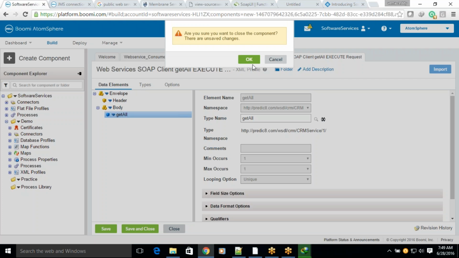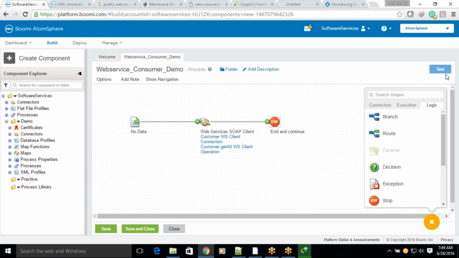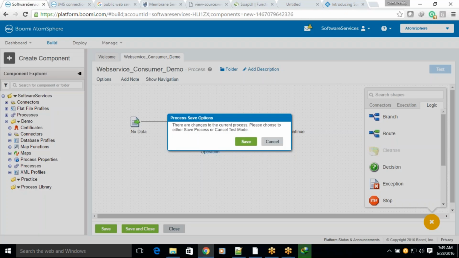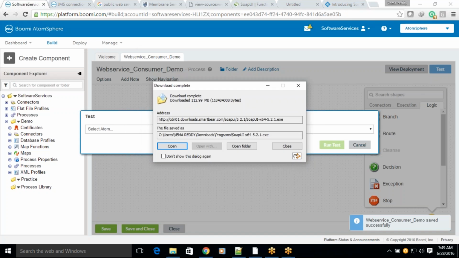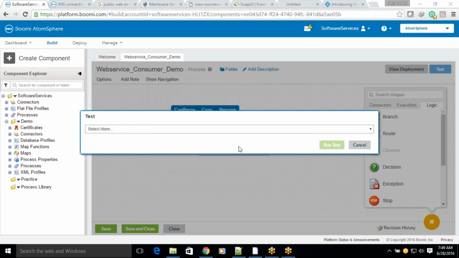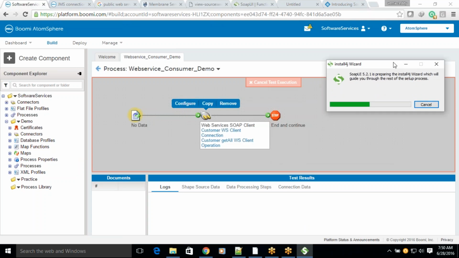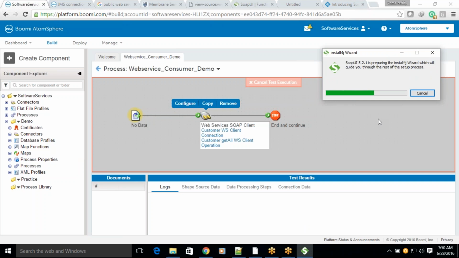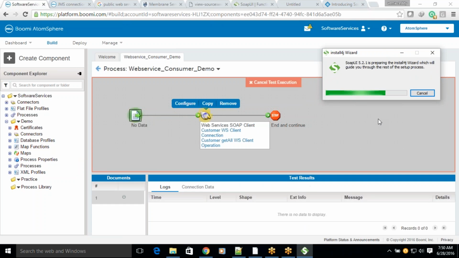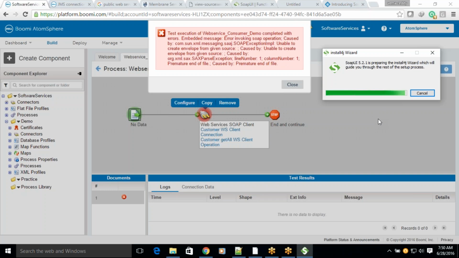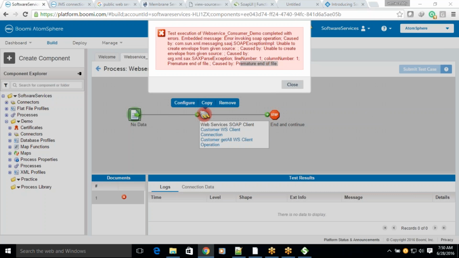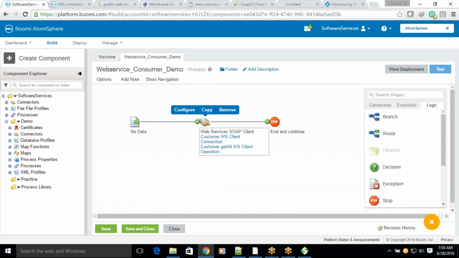Okay, now click on close, and then try to run this web service. Click on test. Okay, now it is installed. Let me install it here directly. Use this. Click on run test. What exactly? Unable to create an envelope, caused by line number 1. Premature end of file means it's not properly able to generate it. I think maybe you need to